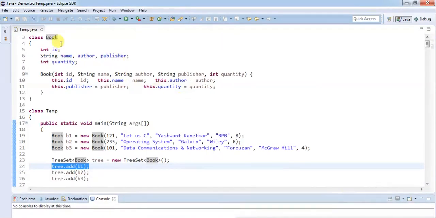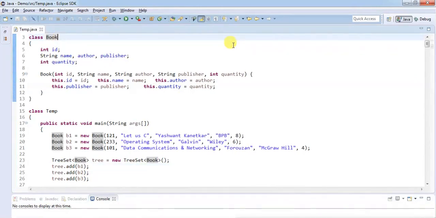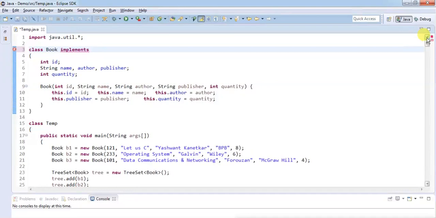Comparison logic means this class should implement the comparable interface, and that's a generic type, so I have to provide the comparable interface of book type, the same type here.